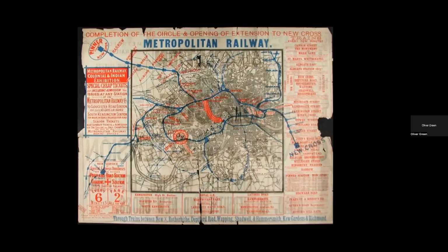But just to go back to the 19th century and the problem of how they were going to communicate through the city, and whether railways were the best way to do it. Here is probably one of the first underground maps of London in the late 19th century. This is about 1889,